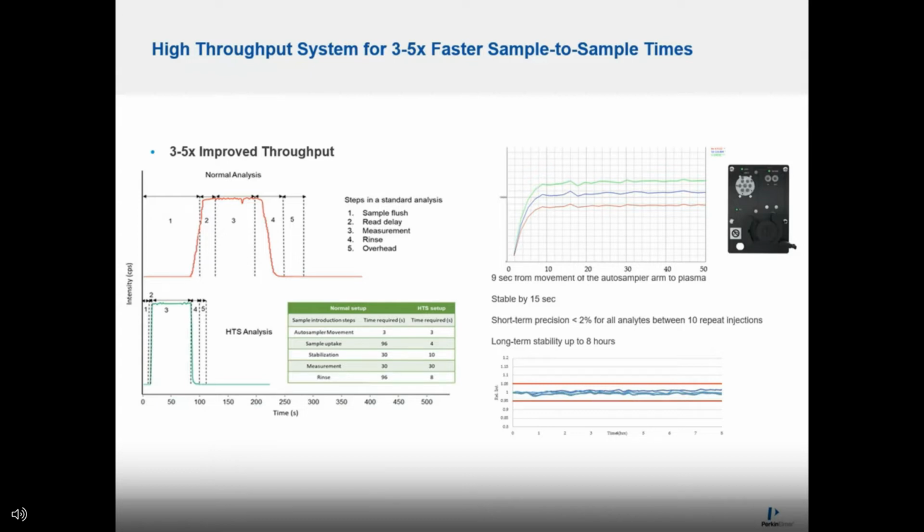Not only does it help to shorten the exposure of cones to salt buildup, it can enhance the sample throughput. As you can see from the sample uptake and analysis time chart on the left, the red signal is with a conventional autosampler loading. The total exposure time of the cones to the salt loading, from uptake to washdown, could be as long as 7 to 8 minutes. Whereas with a flow injection such as the High Throughput System, or HTS, from PerkinElmer,